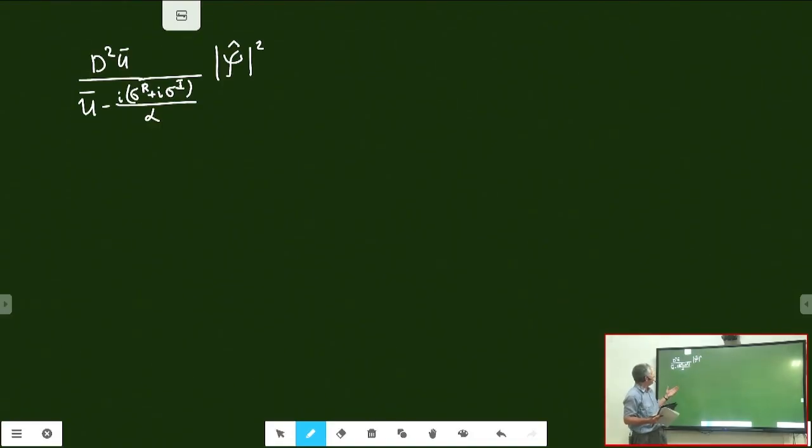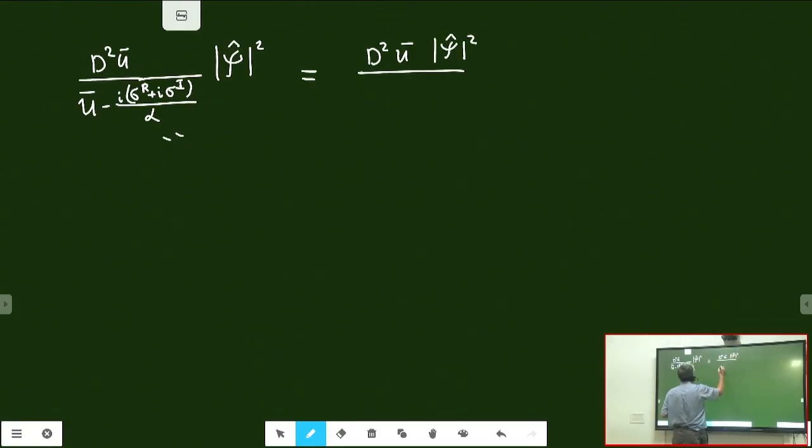So what we really need to do is to split real and imaginary parts. The way we do that, we multiply the denominator, which contains a complex quantity, by the complex conjugate of the denominator. Then we will get a real magnitude in the denominator. But if we multiply the denominator, we have to multiply the numerator as well. And therefore, we will get d squared u bar multiplied by psi hat magnitude squared divided by u bar